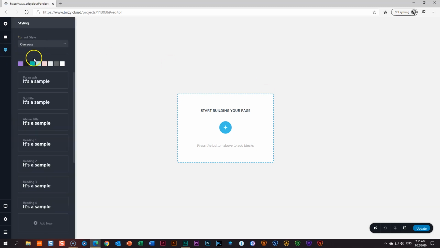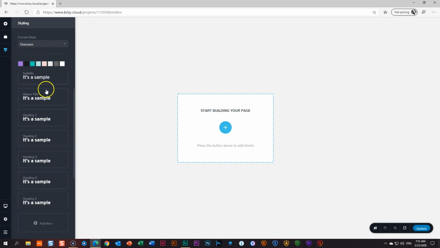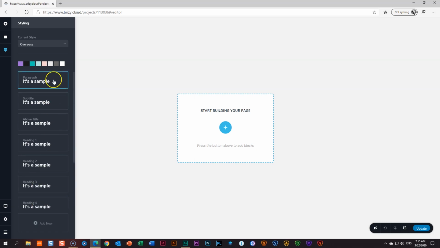On the left here under styling, you know that if you've worked with Brizy, you have these colors and global colors, and you have styles as well as these heading presets that you can use. If you are working with a multi-page site, I would probably go and change all these colors before I start building and set up all my styles before I start building. So that when I get to page number 2, like an About Us page, I can just use these. And if I make any changes to that site later and I do it here, it will make those changes